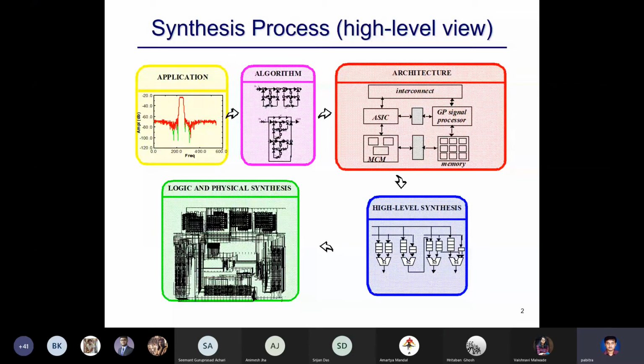And finally, there are three levels actually. This high-level synthesis is often in terms of functional blocks. They would get transformed to something called a logic level synthesis, which is a collection of gates and flip-flops. And finally, the logic level synthesis is transformed into something called a physical synthesis. So physical synthesis is nothing but a layout diagram or a map. You have a silicon wafer, and you have all the interconnects and the transistors and everything. So the final physical synthesis is nothing but a geometry.